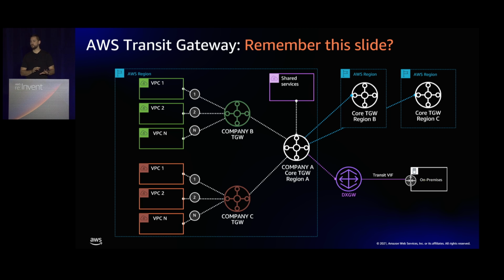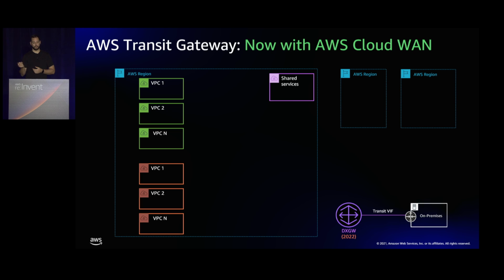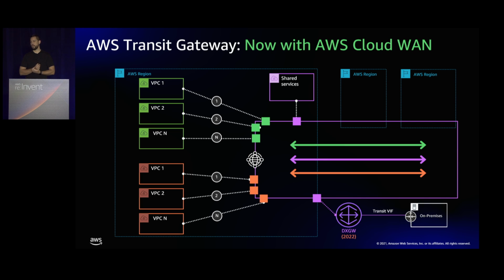Now this slide here, which Alex had up earlier, I just want to say that we do see a lot of customers doing this or wanting to do this kind of thing with a hierarchical TGW deployment. With Cloud WAN, you could actually remove all of that and just have a global network, and just have your policies and network segments within Cloud WAN. So it does greatly simplify things if you needed things like multiple transit gateways and that sort of thing.